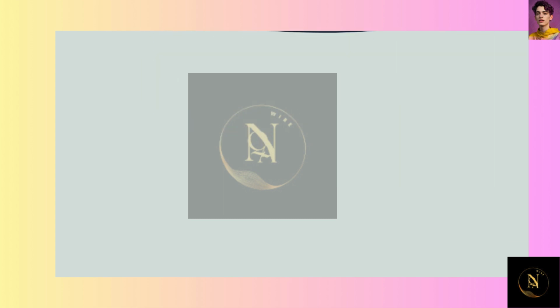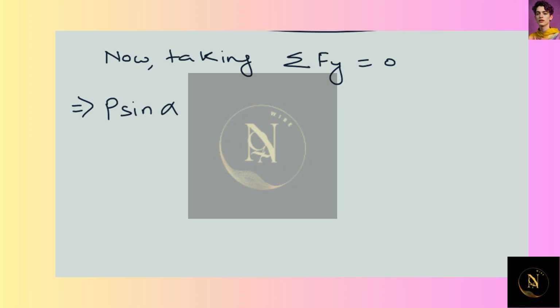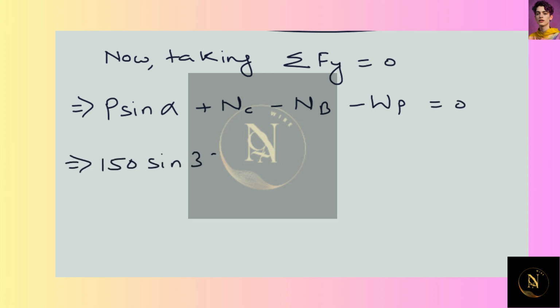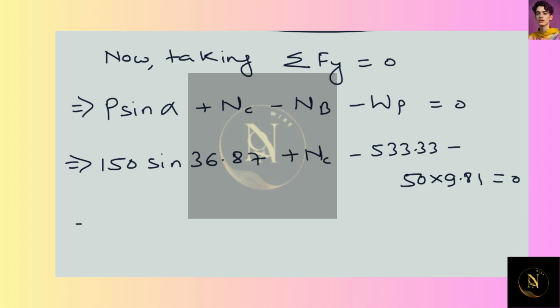Now we will go further to solve this problem, taking summation of Fy is equal to 0. Solving, we can write P sin alpha plus NC minus NB minus Wp is equal to 0, or 150 sin 36.87 plus NC minus 533.33 minus 50 into 9.81 is equal to 0. On solving we get NC is equal to